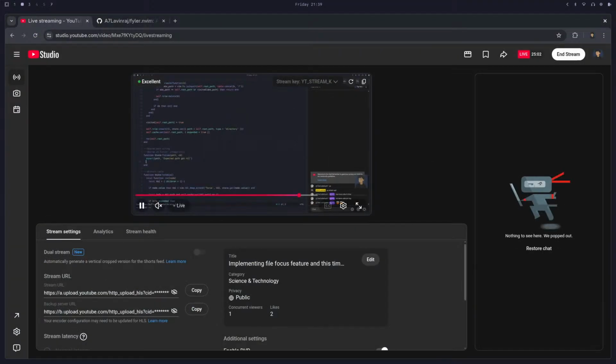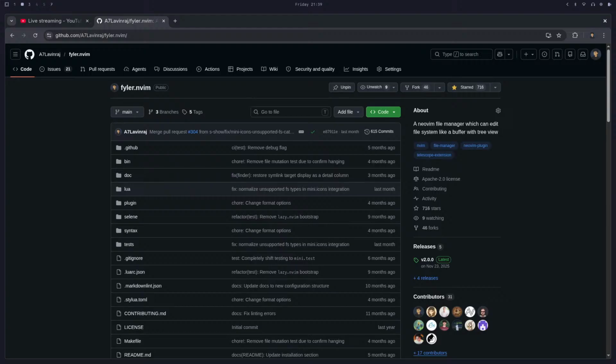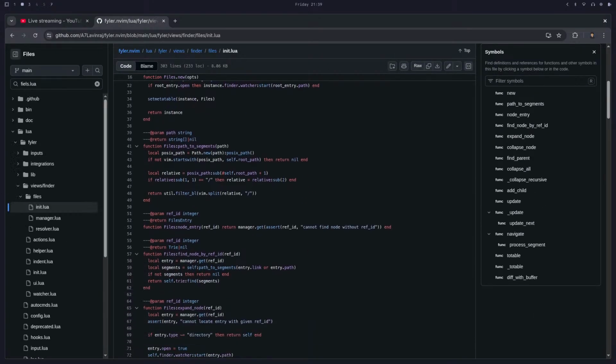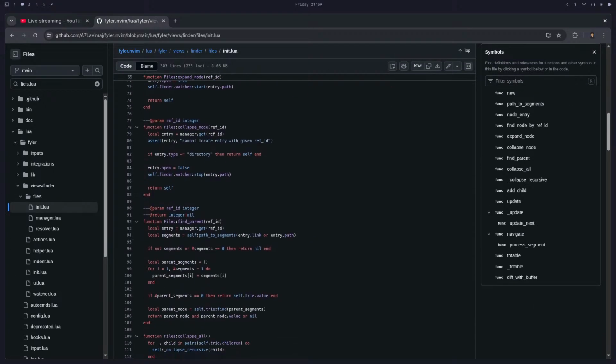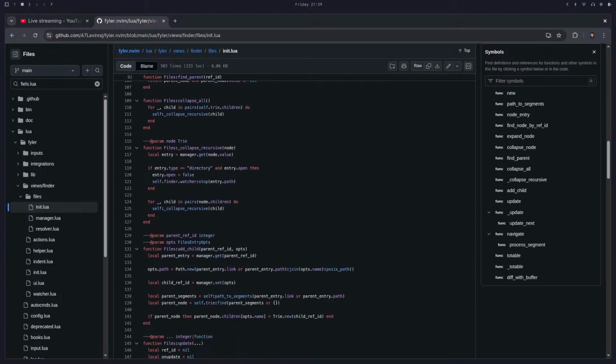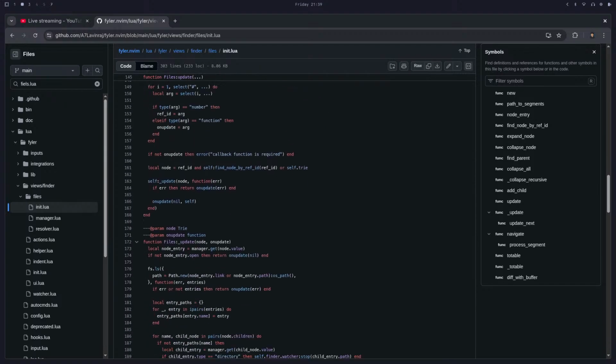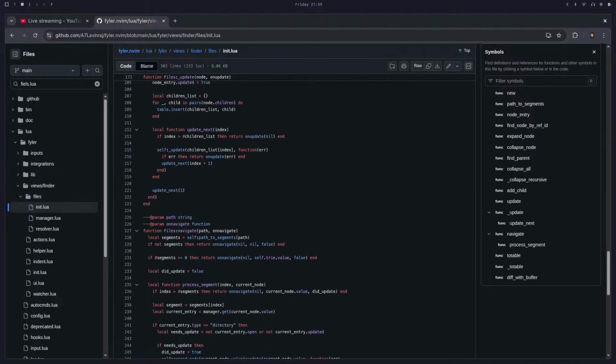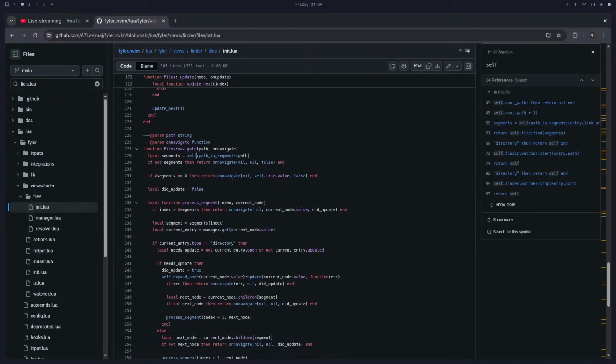Let me just go through the, what was the file name? Maybe it's state, no it's files. Yeah, it's files. So there was a function which is follow or maybe navigate. Yeah, there was a navigate function, and what we were doing before, we